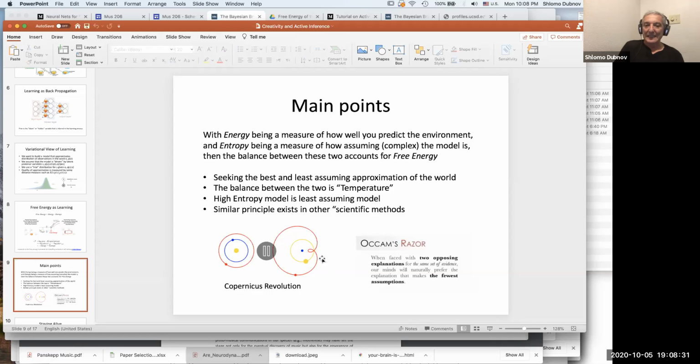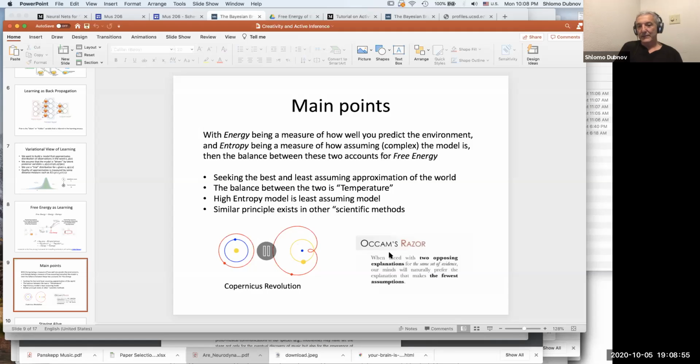Now, in reality, if you propose a different model, which is much simpler, much less assuming, it doesn't mean that it will predict better than the complex model. It's just that the model itself is much more elegant. It's much more simple. The other principle, Occam's razor, which exists in science, is saying if you have